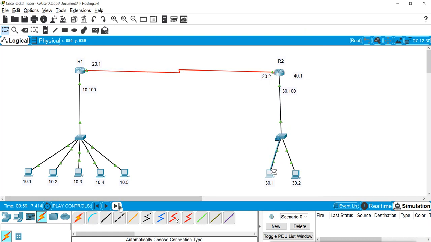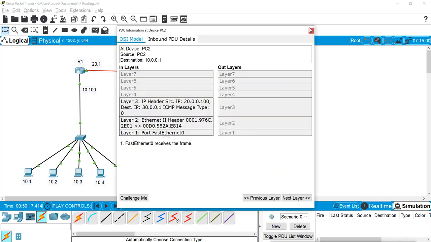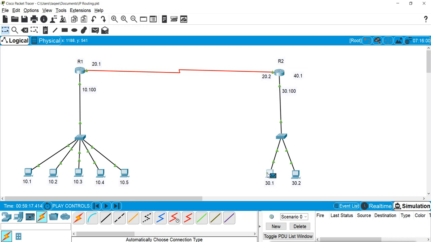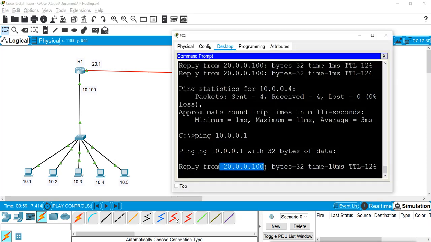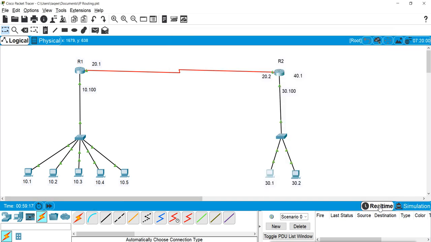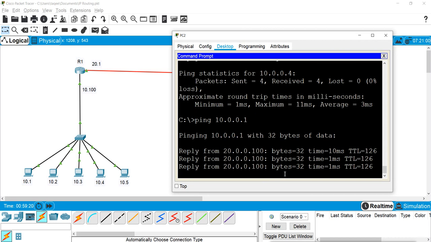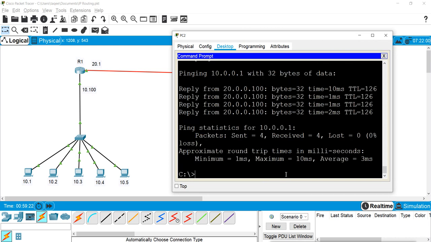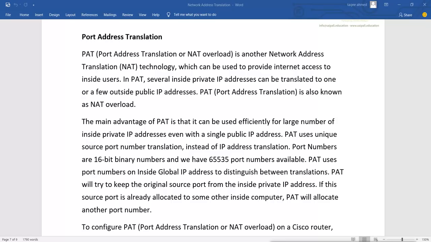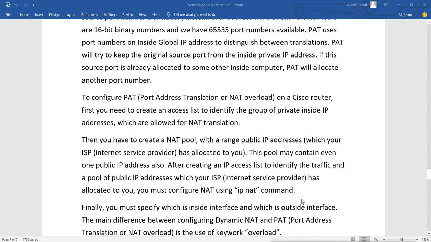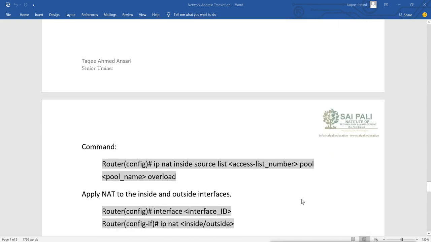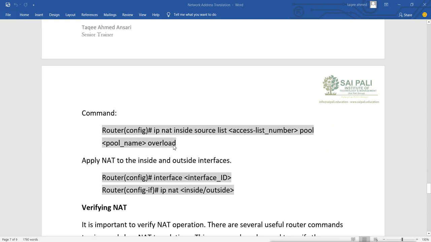But because we have done the translation, the IP is changed on the router when it comes back. So this is the configuration of NAT overload, or we can say PAT. The configuration is basically the same as dynamic, the only difference is that we add the extra option overload.